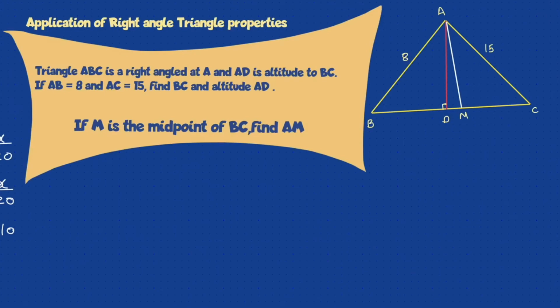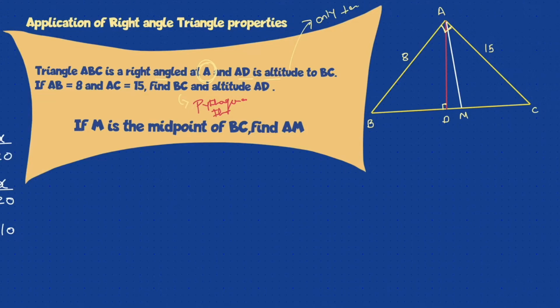So now we know what results we can get with a right angle triangle. Let's apply everything we have learned. Now triangle ABC is given to me as a right angle triangle, with the angle at A. So I know angle A is equal to 90 degrees. Then AD is an altitude. If it's an altitude, it's just a perpendicular. I know that AD is an altitude to BC. Now remember the properties of altitude that we have seen.